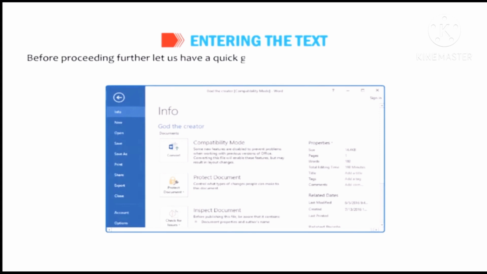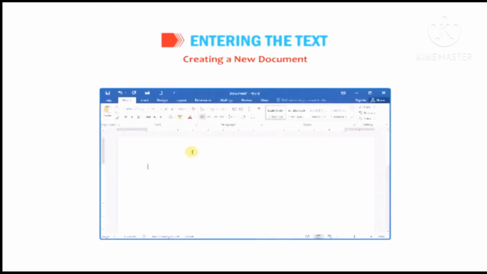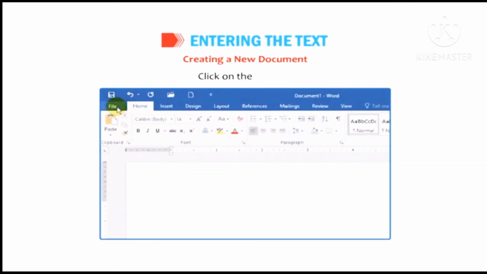Before proceeding further, let us have a quick glimpse of how to create, save, open, close, and print a document in Word 2016, which we have already discussed in the previous class. Creating a document: first, click on the File tab.